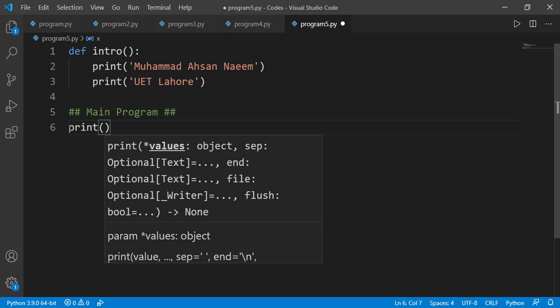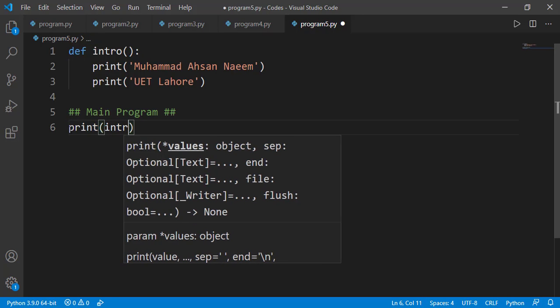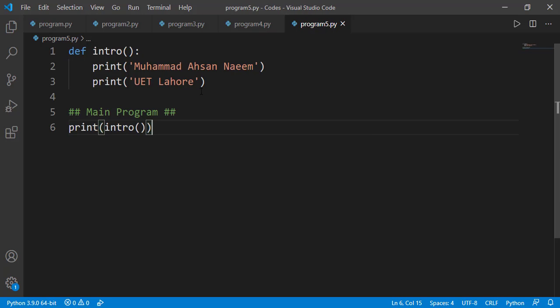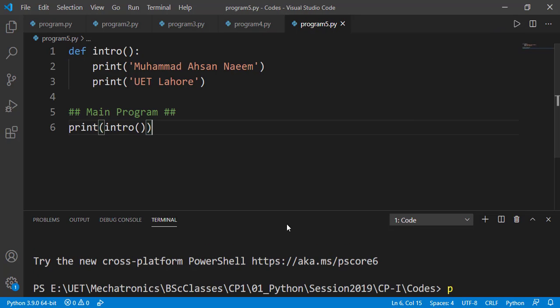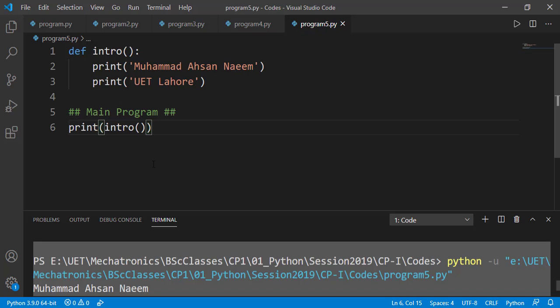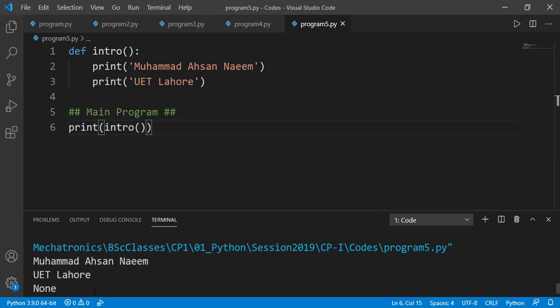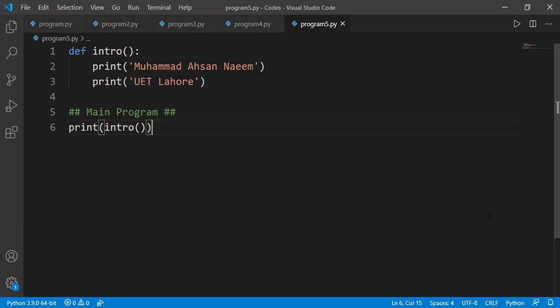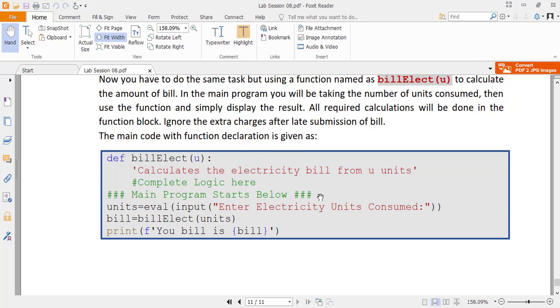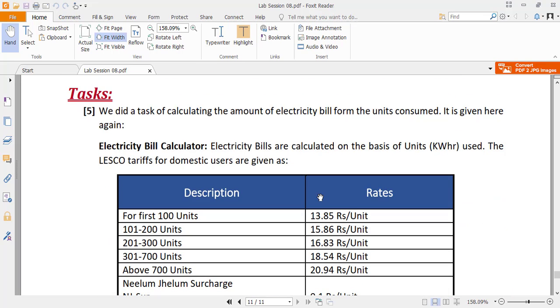Let's see what happens if I call this function inside the print statement. You can see the output of 2 print statements of the function, and again you can see that None. Why is that there now? Because the print statement of line number 6 is supposed to print the returning value of the function, and the returning value is None. So please go through lab manual 7,